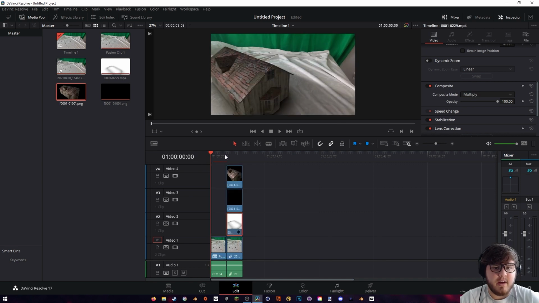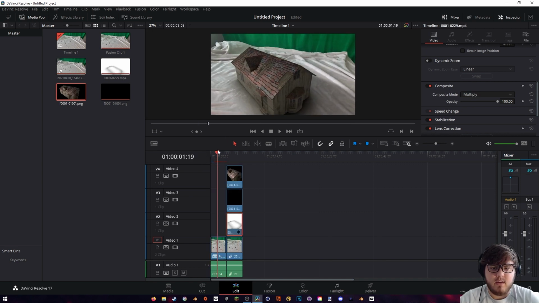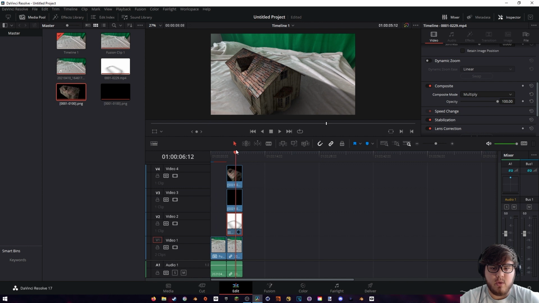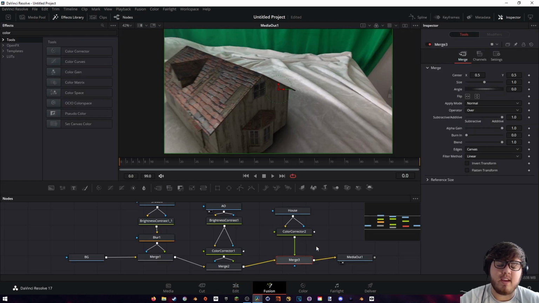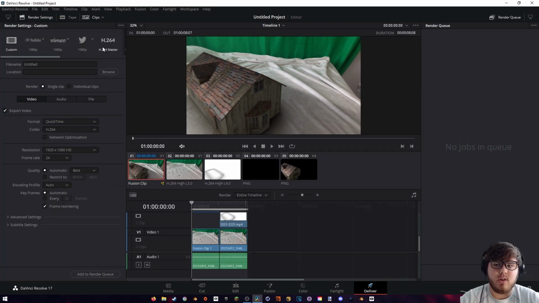Okay, so here's the composite that we just did. We can see it looks pretty nice, and then if I go to what it was previously, here's what it was previously. Okay, so now that we have the result that we like, it's super easy to render. We just come down to this deliver. And you can actually render to YouTube and Vimeo and all that stuff, but we're just going to be rendering it on our computer. So you can name it right here, and then